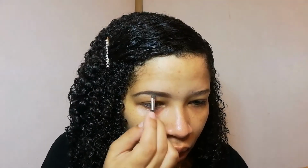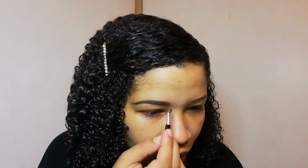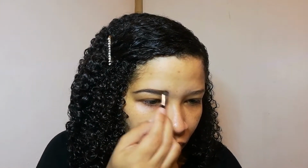Okay, so I'm just filling in my eyebrows. I'm using the Wet n Wild Ultimate Brow Kit, my absolute favorite brow product. I'm just filling in my brows like I normally do. I do have a brow tutorial that I posted last week, so if you want to see a detailed eyebrow tutorial, you can check out that one. But I'm just filling in my brows,